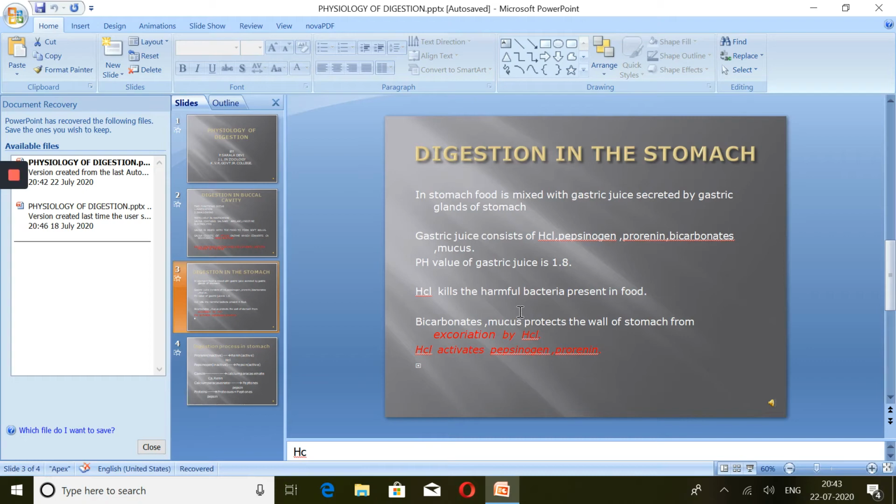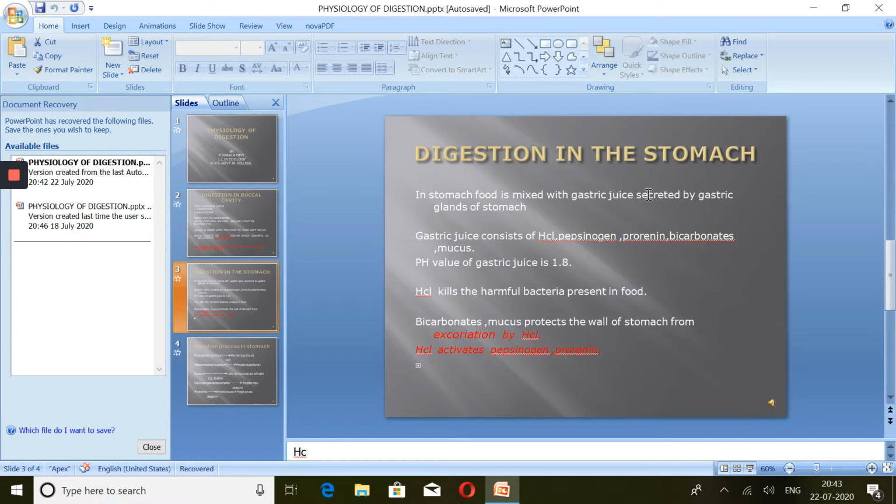We are going to learn about digestion in the stomach. The food from the buccal cavity enters the stomach through the esophagus by peristaltic movement. After entering the stomach, the cardiac sphincter closes the cardiac port so that the food doesn't go back into the esophagus. In the stomach, after the entry of food, the gastric juice is released from the gastric